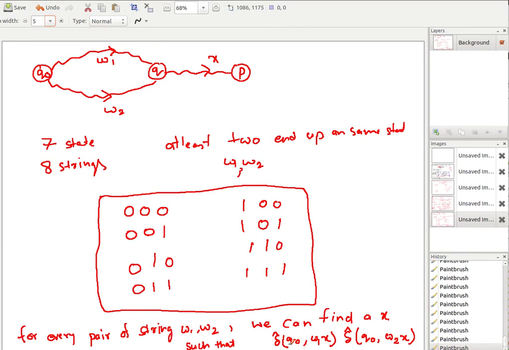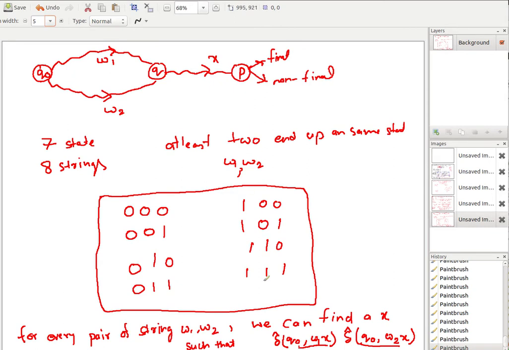for one possibility you will end up in a final state, while for the other one you will end up in a non-final state. But that should not happen, because both of these, as you can see here, are going to P. So P cannot be final and non-final at the same time. One is saying it is final. This claim would prove that you are ending up in the same state. But here I can prove that I have an appending string for every W1, W2 such that one says it is final and the other says it is non-final.